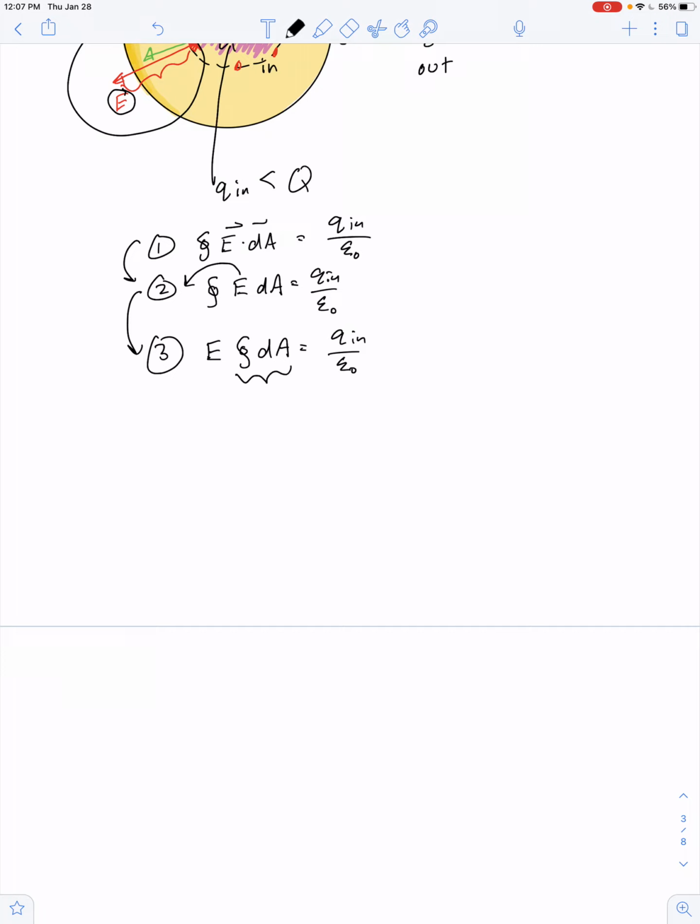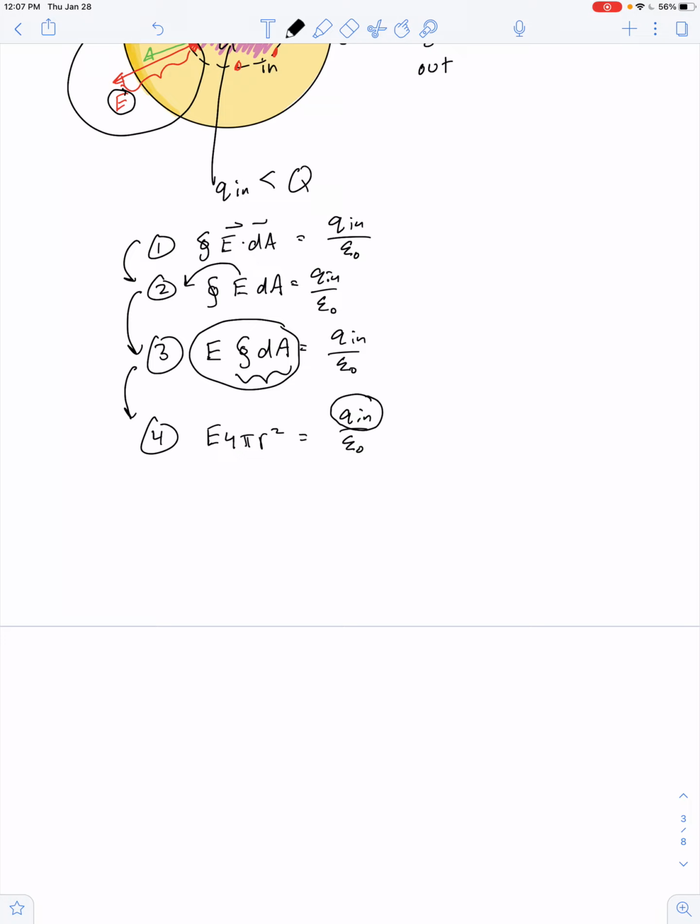So we get E times 4 pi lowercase r squared is equal to Qn over epsilon naught. So I know we broke it into several steps that were all rather easy to perform to evaluate the left side of this equation. Really, we need to spend some